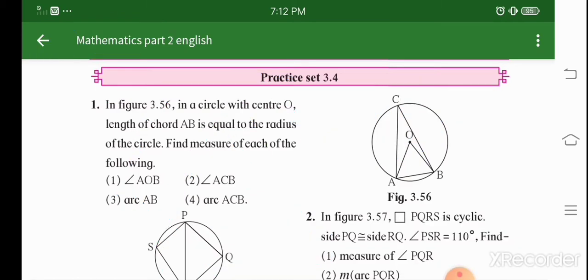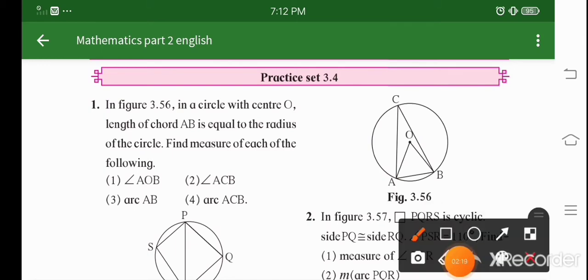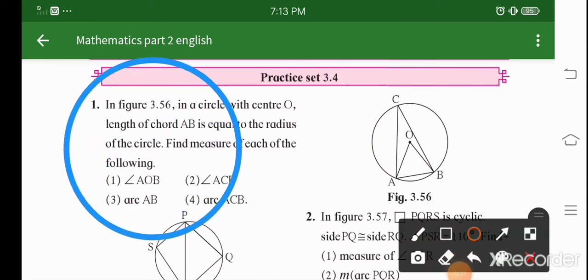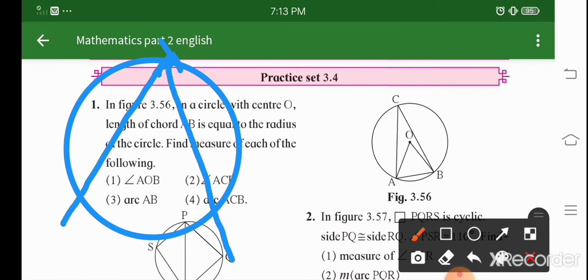Next is our inscribed angle theorem. Now we'll learn about the theorem. Now what is the theorem? Suppose you have a circle like this. The theorem is about the measure of an inscribed angle. Suppose I make the inscribed angle like this. This is our inscribed angle. You can say this is B, this is A, and this is C only.